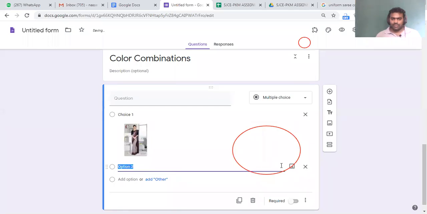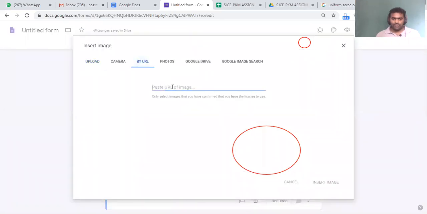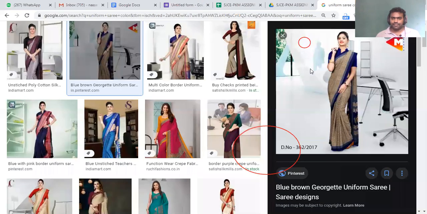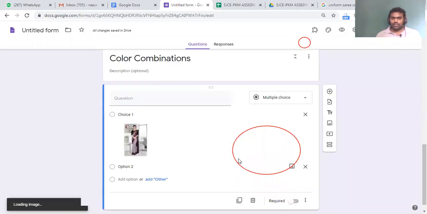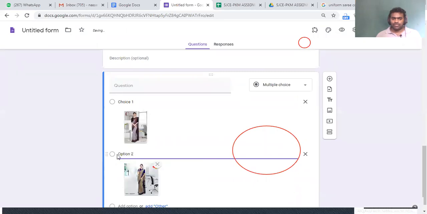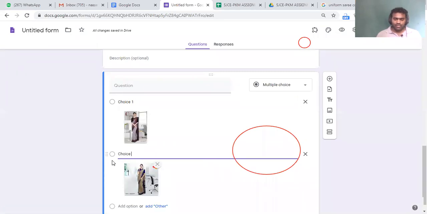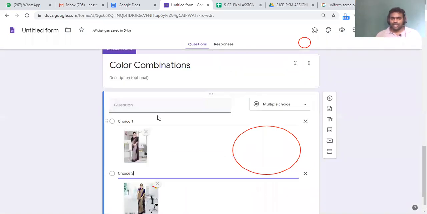I'll add image, I'll click. So I'm giving 2 choices only, choice 1 and choice 2 to our students, not more than that. Now this is about sari.